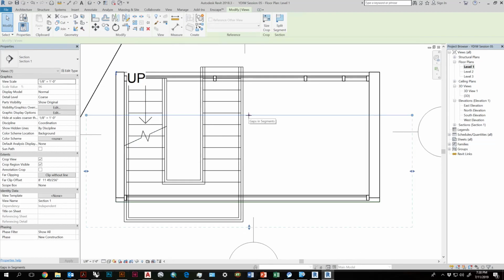You can see this little break line right here. If you hit the break line, you can select a specific part of the section, or have the break line give you a visible break. The section is still cutting. Now, if you want the section to be split, I believe you can do that by selecting the section and hitting Split Segment. Say we want to split it right here. Now I can move that other portion of the section lower, and that creates a split section, which is super handy.